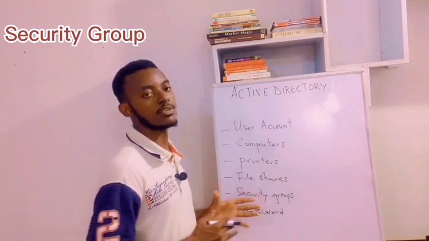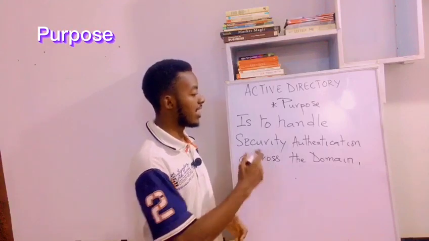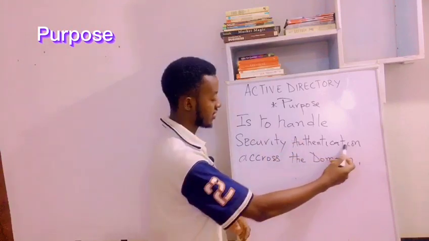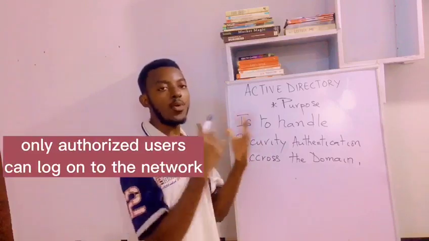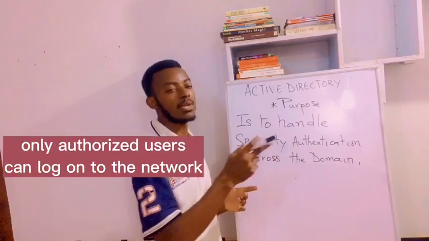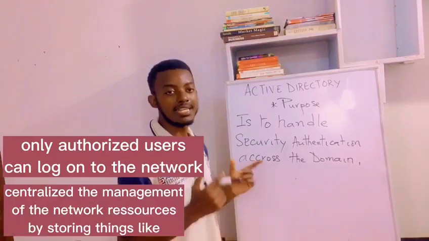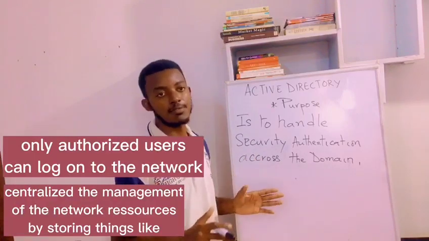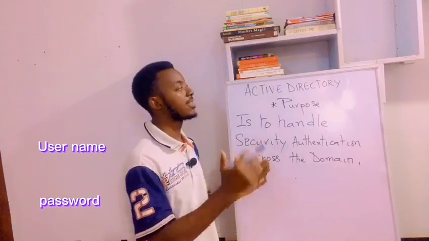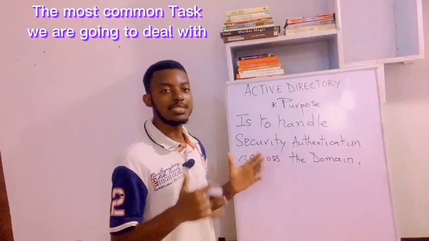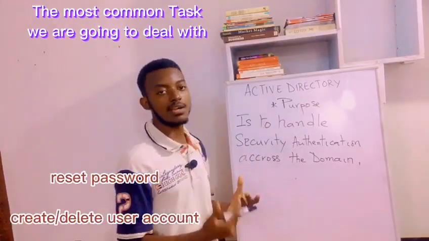objects within Active Directory. So the purpose of Active Directory is to handle security authentication across the domain. That simply means that only authorized users can log on to the network, and also to centralize the management of network resources by storing things like usernames and passwords in one location instead of the admin going around to each machine. The tasks we're going to deal with in Active Directory are to reset passwords, create users, and delete user